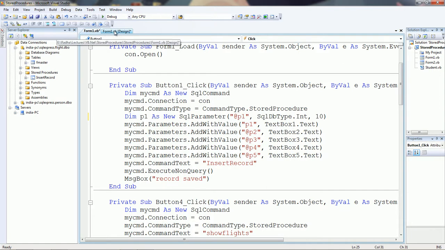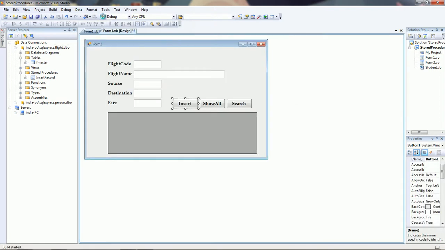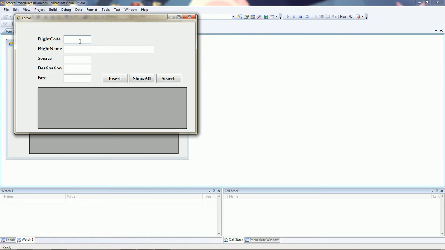Now let us use this procedure. Click on insert record, saved, and put in more records.